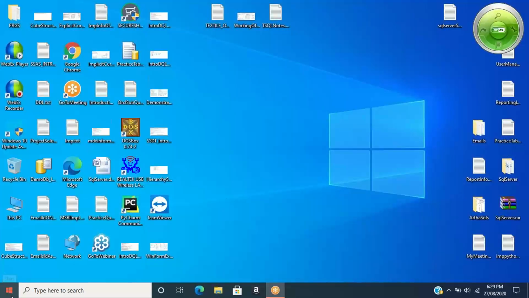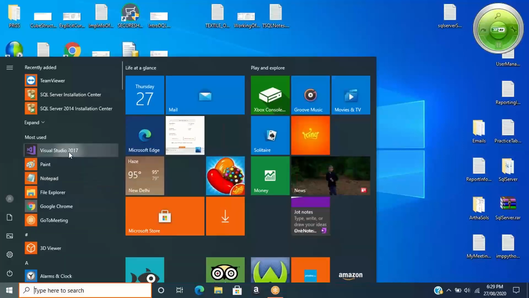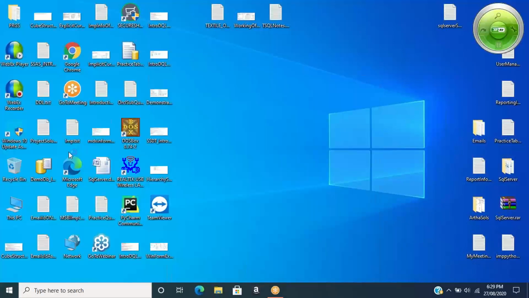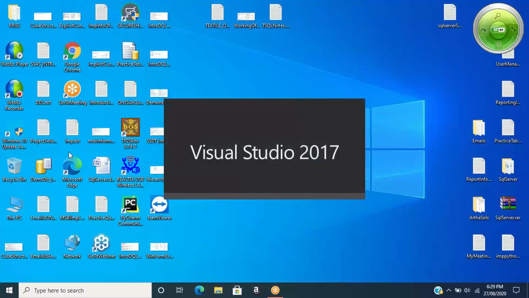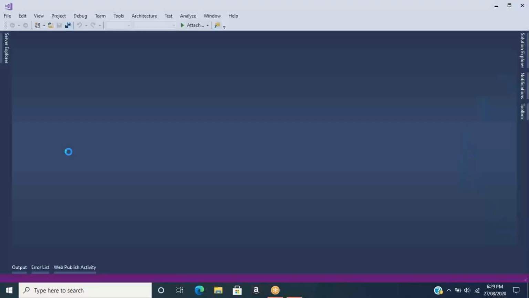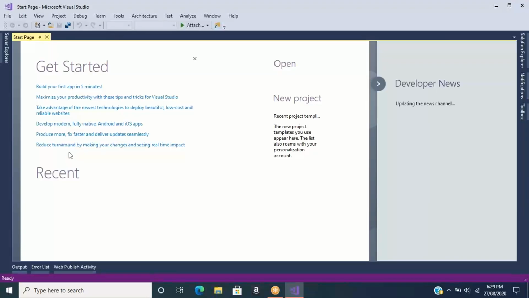Now we will see MDI, that is multiple document interface. So that multiple document interface requires whatever we have just